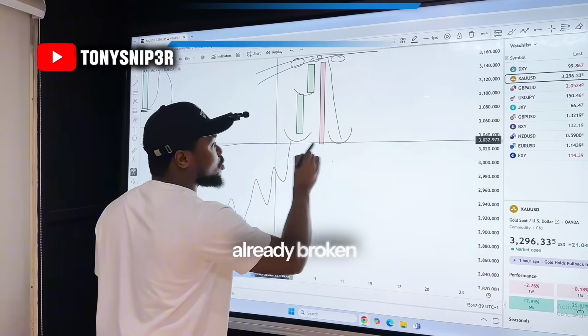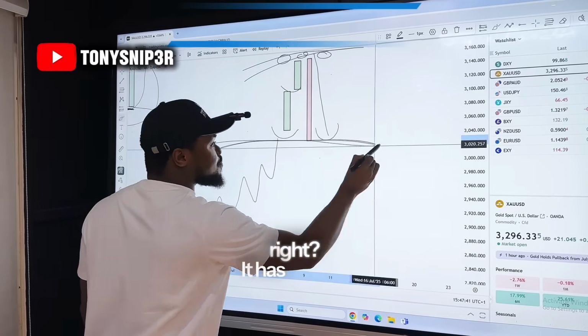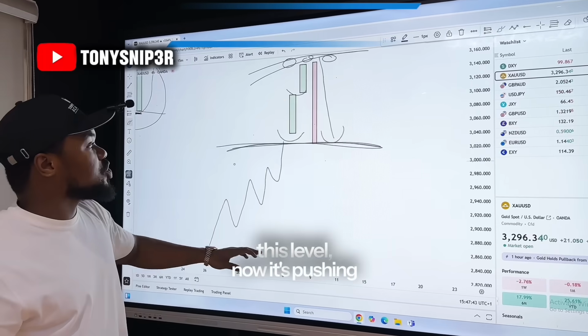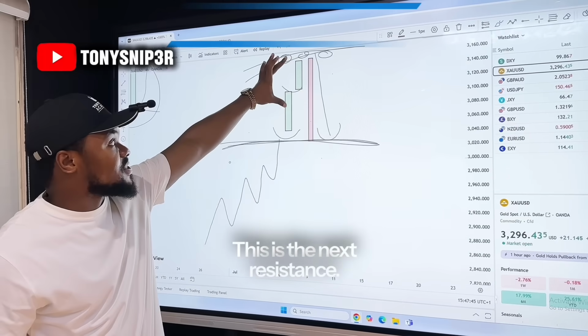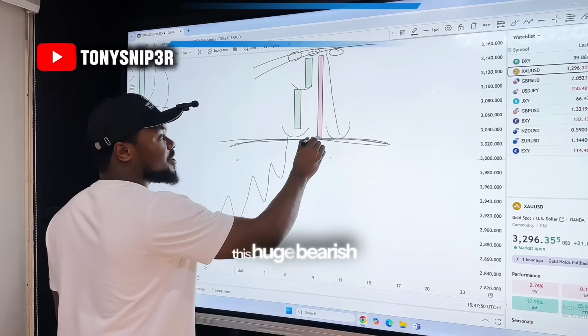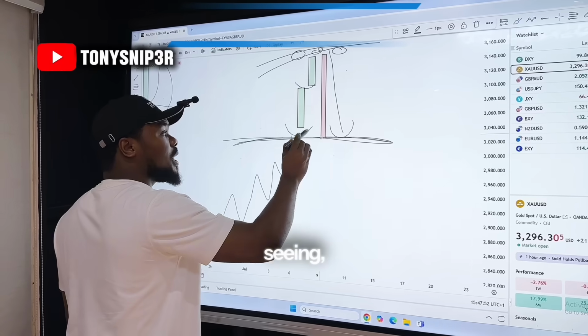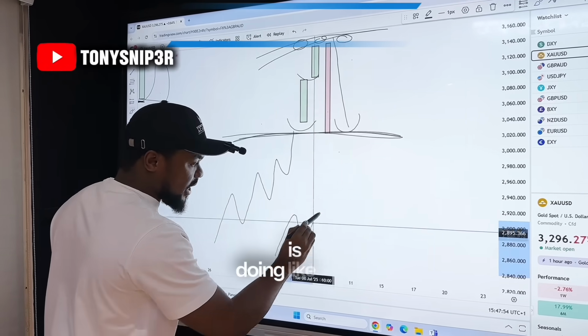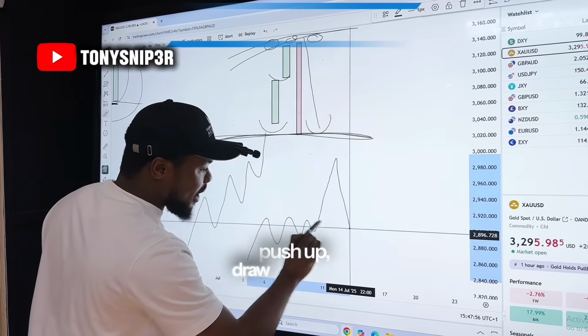Now, the market has already broken here, right? It has broken this level. Now it's pushing up to the next resistance. This is the next resistance. Then sellers came in aggressively, right? Now, this huge bearish candle that you're seeing, because the market is doing like this, push up, drop back down,